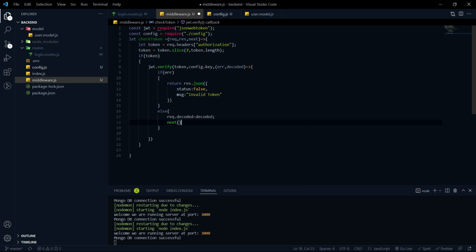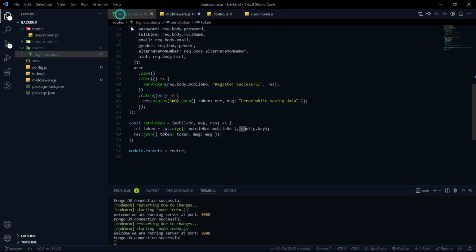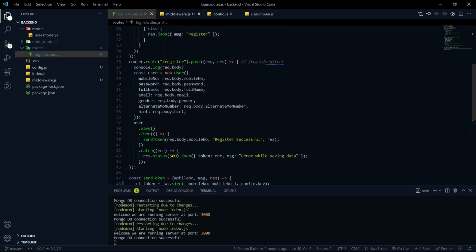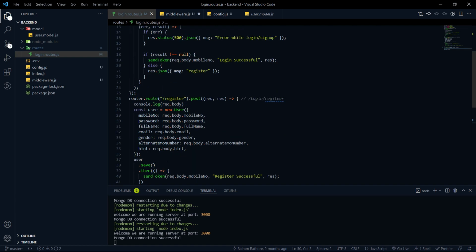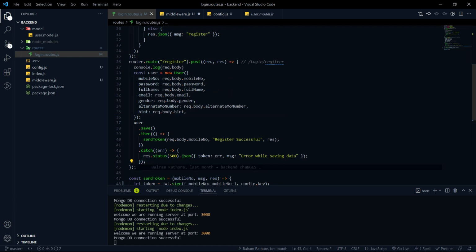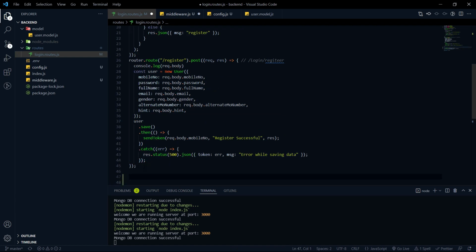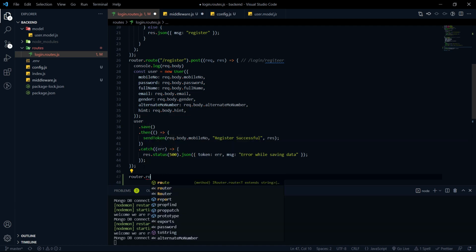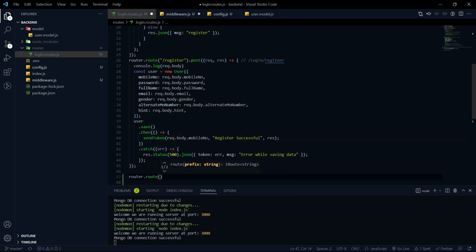Okay, so what does that mean, the next keyword? Generally we are going to use it in this middleware.js file like this. So let me create a new endpoint to explain it in more detail. We are not going to do the API testing as of now, but I can explain it to you. So router.route, or we can